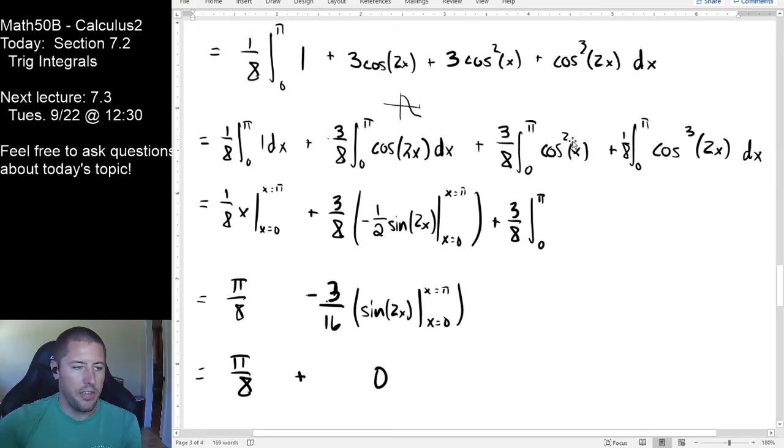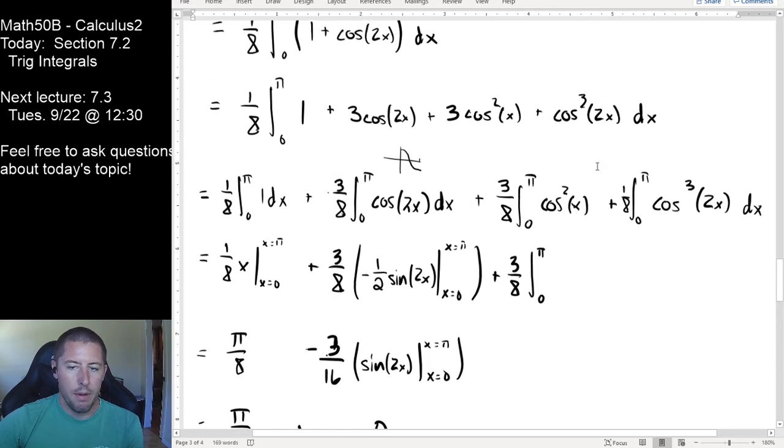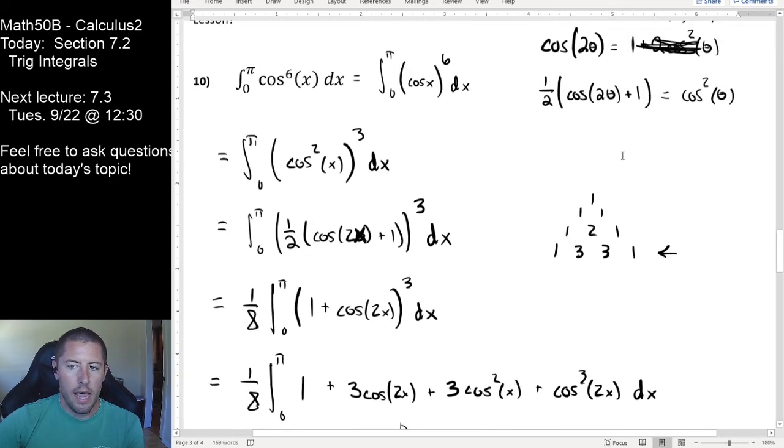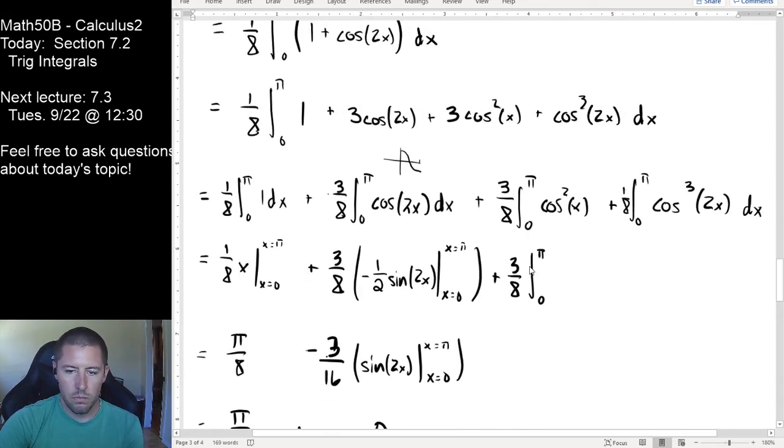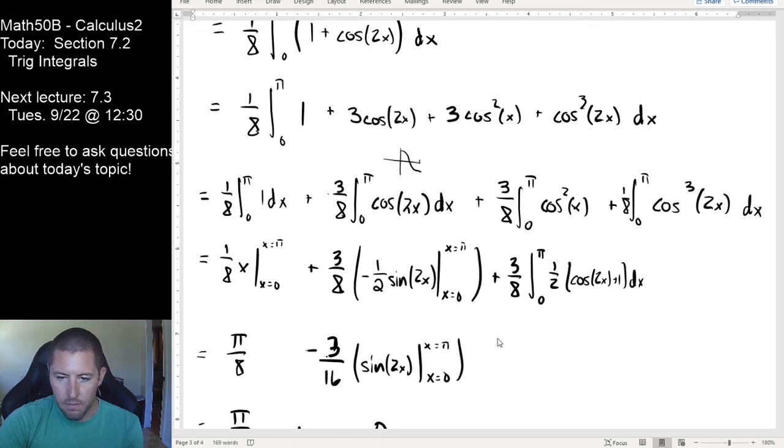And again, I don't know what the antiderivative of cosine squared is, but I did learn a moment ago that I can rewrite cosine squared as 1/2 of cosine 2 theta plus 1. Oh, I'm running out of room for the good one that's over here, though. I'm trying to get it all mashed in here. So this is going to be 3/16. I'm extracting the 1/2